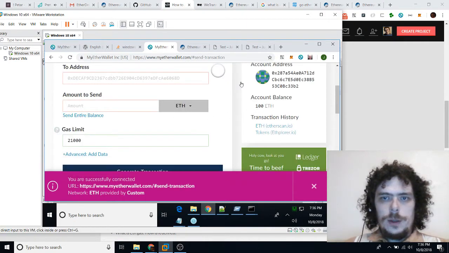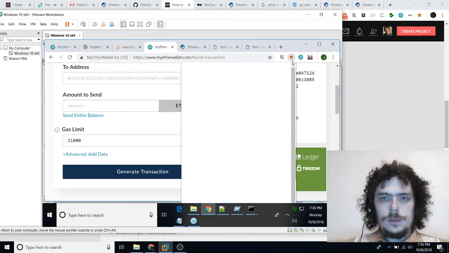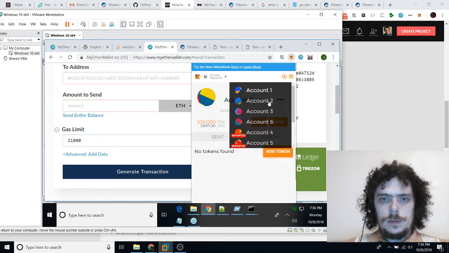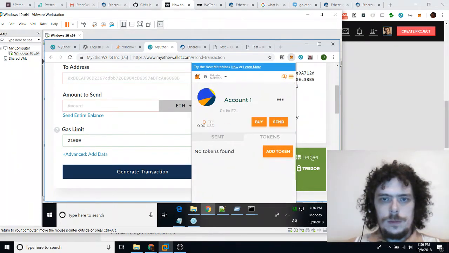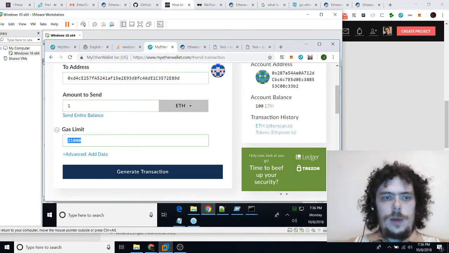Here we have 100 Ether. So if I was to send this to a different account, send an ether, we can now set the gas limit, which is the other part of the gas equation. So with a lower gas limit, like this recommended one to send some ether, we could go ahead and generate this transaction and send it, and it will confirm in a short amount of time, especially on my local testnet.